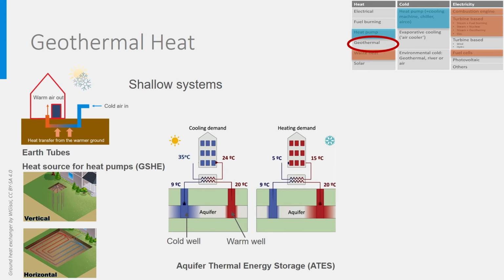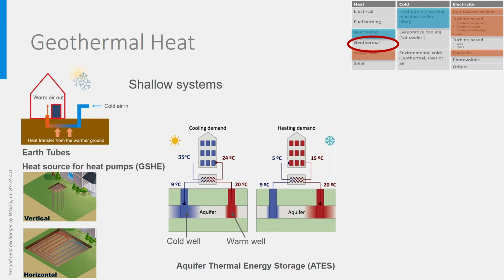So, the cold water from the aquifer is pumped and heated by the warm air up to 20 degrees in this example. This aquifer water at 20 degrees is then injected into the aquifer using a well placed far enough from the cold one, generally a few hundred meters. This pumping of the cold aquifer water is done all summer, resulting in a bubble of warm water at the warm well. As sand's thermal conductivity is not very high, the bubble of heat is able to remain for a few months. And then winter arrives, where we need heat.